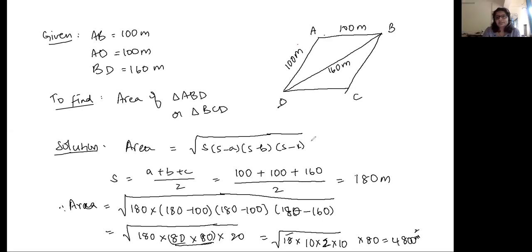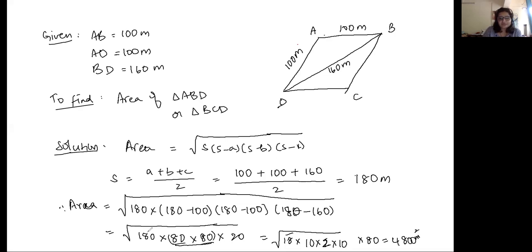Any doubts, like anybody who has not followed any particular step? ये last calculation समझ में आ गया क्या? Like an easy way to figure out the square root. Because if you multiply 18 into 8 into 8 into 2, it's going to take a lot of time and there is more chance of you making a mistake. What do we do after we get 800 root 360? I think you should get root 3600. 360 nahi aayega.